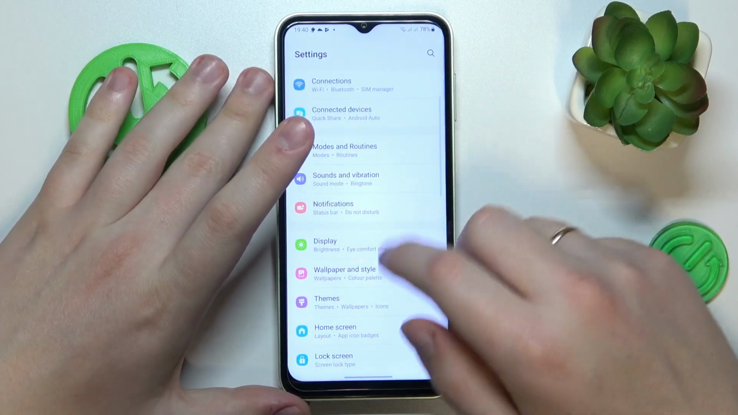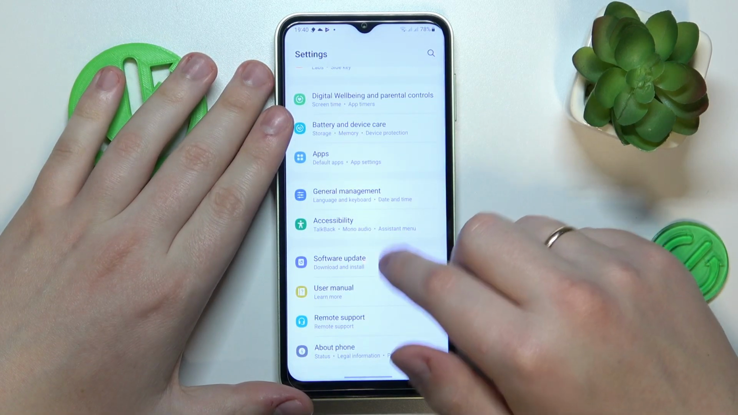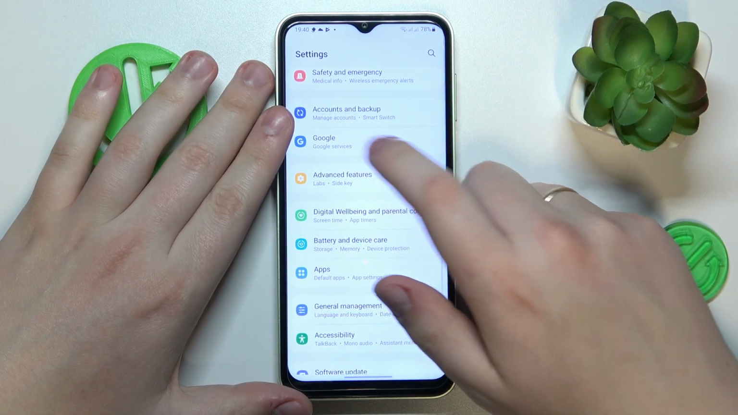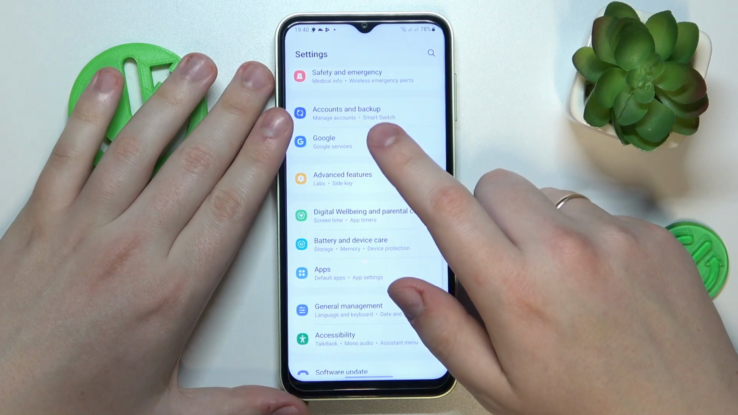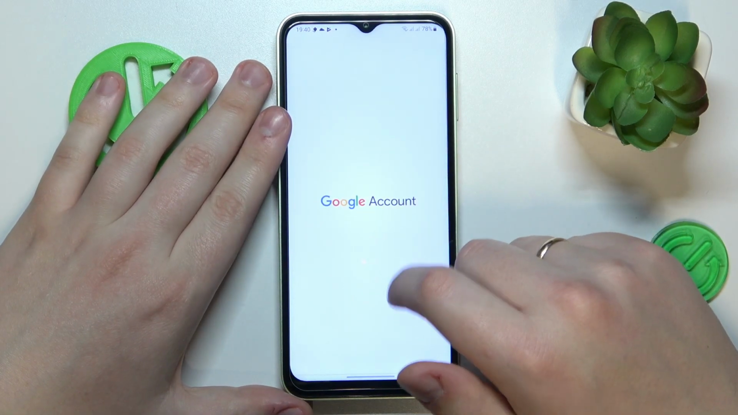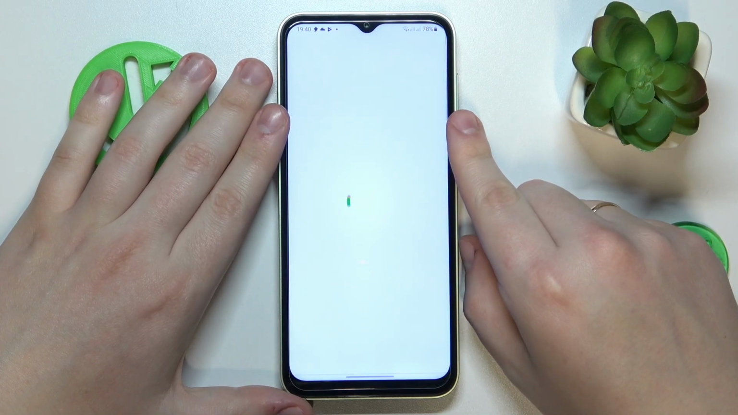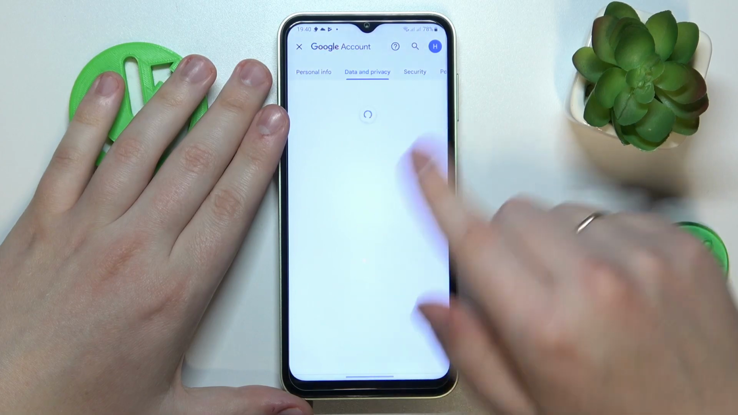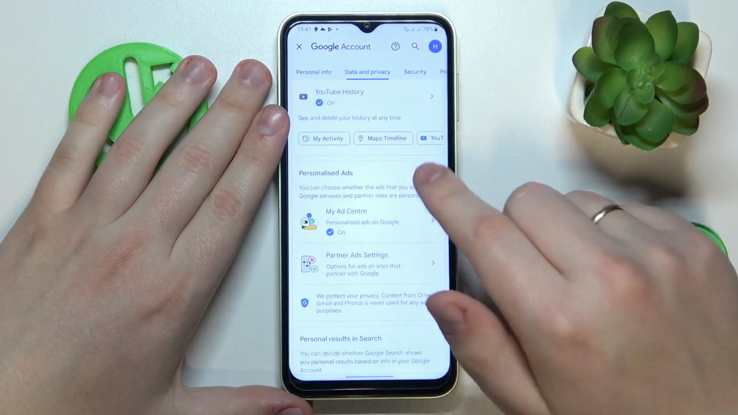So here is the settings app, here is the Google category, if it will allow me to enter it, of course. Then tap at the Manage Your Google Account button over here. Next, you will need to open the Data and Privacy section. Scroll it all the way down. Tap at the Delete